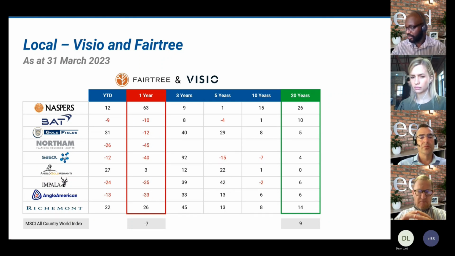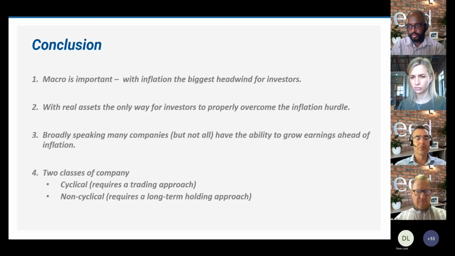So that just gives a little bit of a picture of the comparison of the two, local versus global, but we try to keep it there, comparing like for like in terms of dollar to dollar return. So I think in summary, macro is important. We keep looking at macro. The biggest issue with macro, ultimately for investors, is the inflation. I mean, the inflation has been the big issue. It will always be the big issue from an investor perspective, and it's the biggest headwind for investors. That's what they need to overcome, is the inflation story.